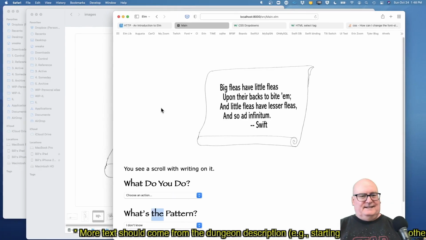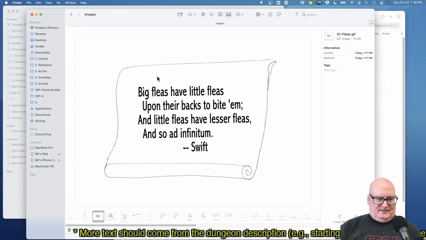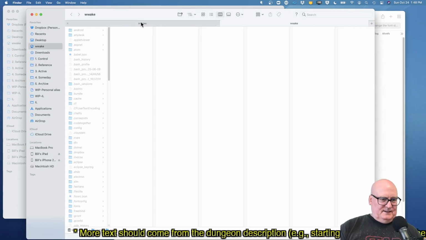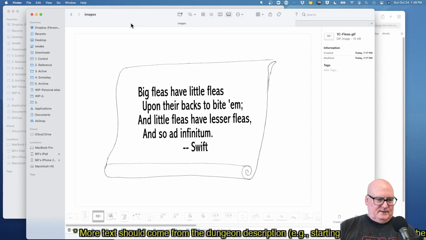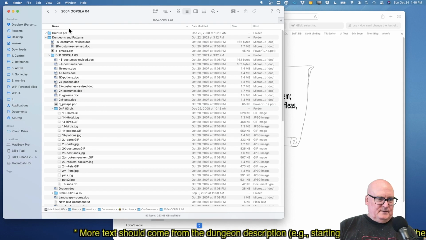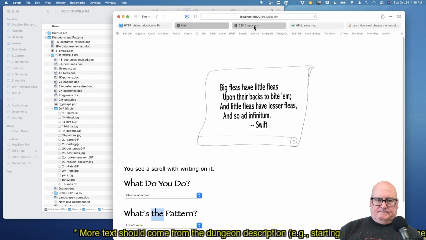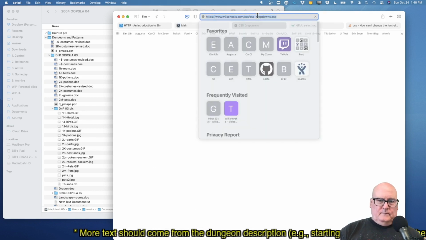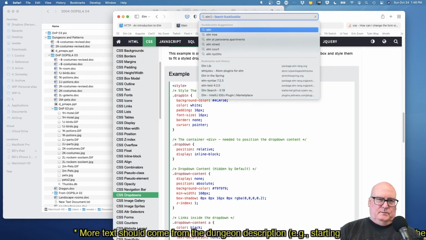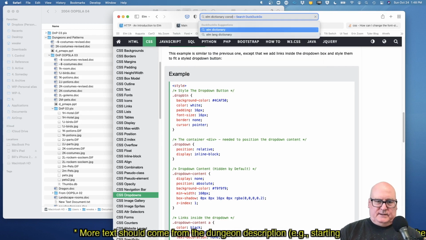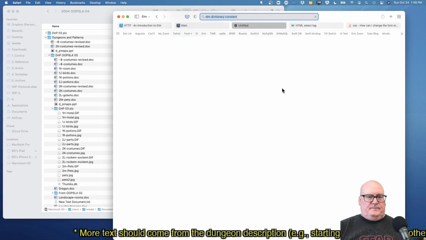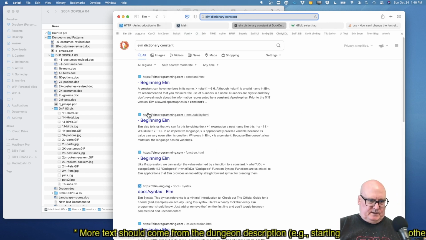All right, let's find some Elm documentation. Close that. So Elm, what am I trying to do? Well, I want to create a dictionary constant. This may be another list.